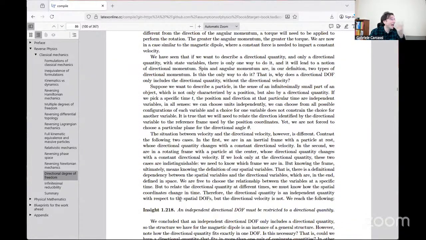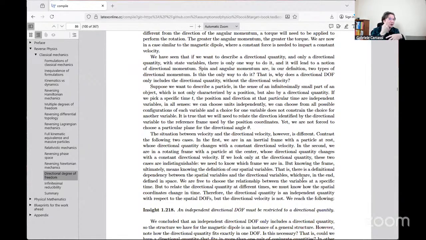And now all of this is just telling you that in all the cases that we've studied, we have this property. And now the question is whether this is a coincidence or it's really a definitional property of what an independent degree of freedom must be. So must the independent degree of freedom be just the direction? Or could I have an independent directional degree of freedom, which is the pair of direction and then velocities on that direction? And this is where there is this argument that I completely forgot that I had made, is that